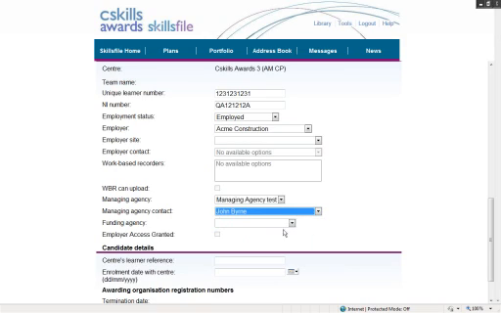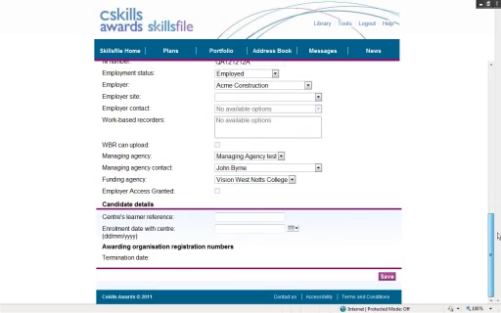So again, if these were already created, you can use the pre-populated fields, or you can create your own. You'll notice the box there, employer access granted, can't be ticked. That's because the learner has to agree to that when they very first log in. In the video where we log in as a learner, I'll go through that process. You can enter any reference that you have here and the day they started